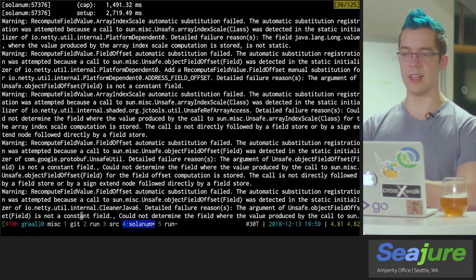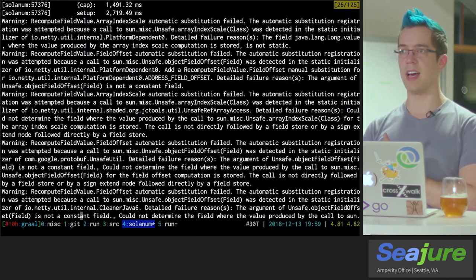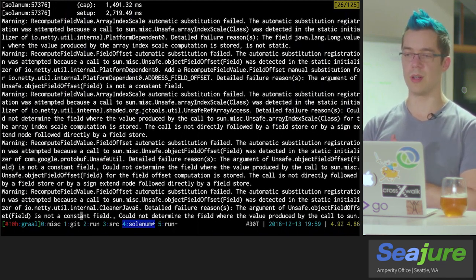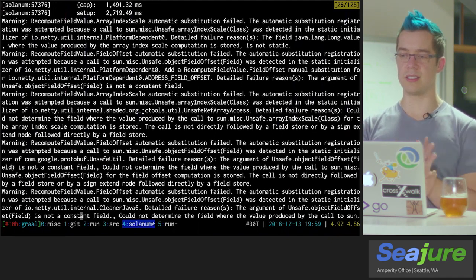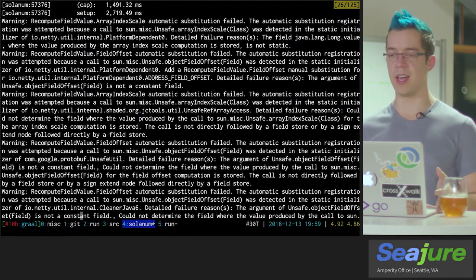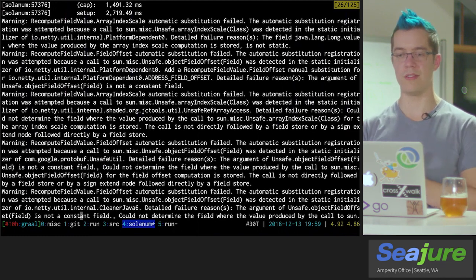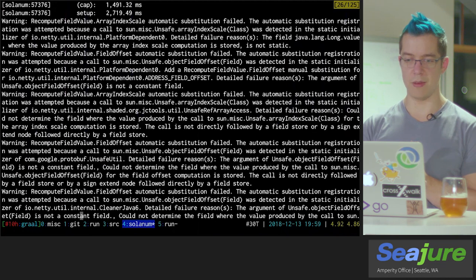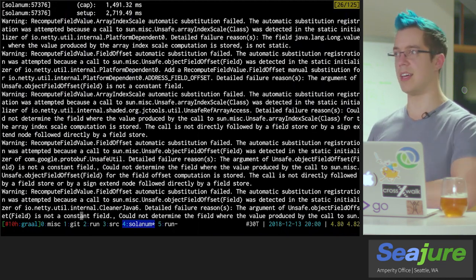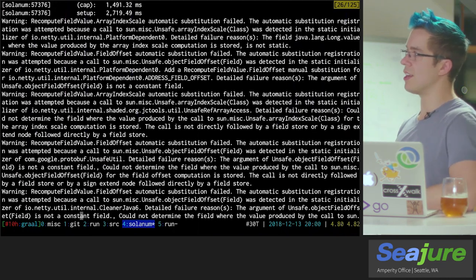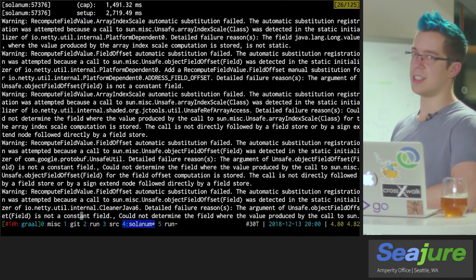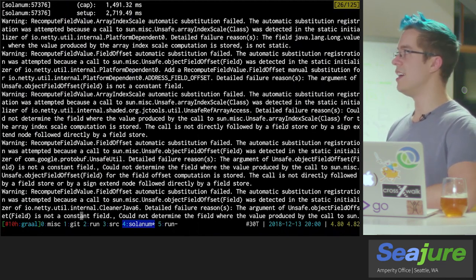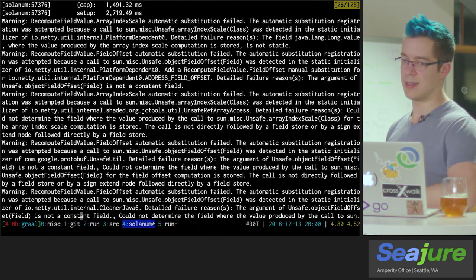These come from a couple different things, but generally this means that the code that we tried to compile is using some features of the JVM that are not compatible with the substrate VM. There's a few different ones here, but most of them come down to the fact that the Riemann Java client relies on Netty, which is an asynchronous I/O library, as well as Protobuf, which is a wire encoding transport mechanism.